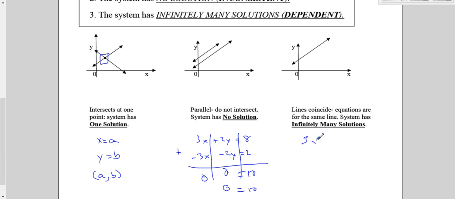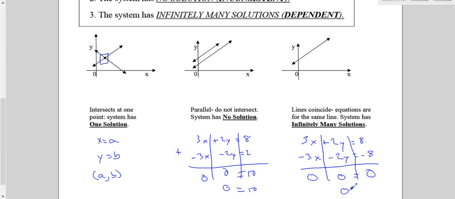If we do the work to use elimination method, and we end up with 0 equals 0, where I have two exactly same numbers. If you use elimination method, you'll get 0 equals 0. But if you use substitution, you could get any number equal to itself. And if we get that,